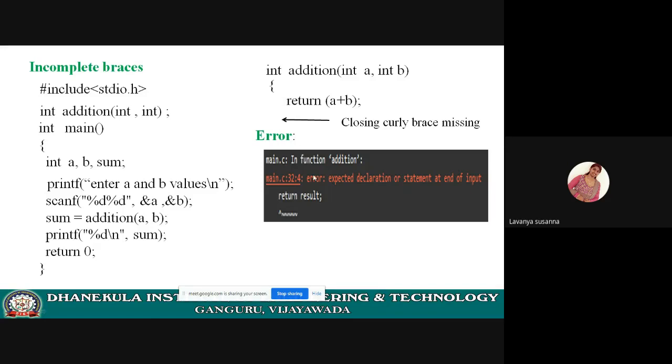What type of error will you get? See here: expected declaration or statement at the end of the input. At the end you are not closing it. Okay, this is the error you will get. After return result you need to close. It is clearly showing an error where something is expected.